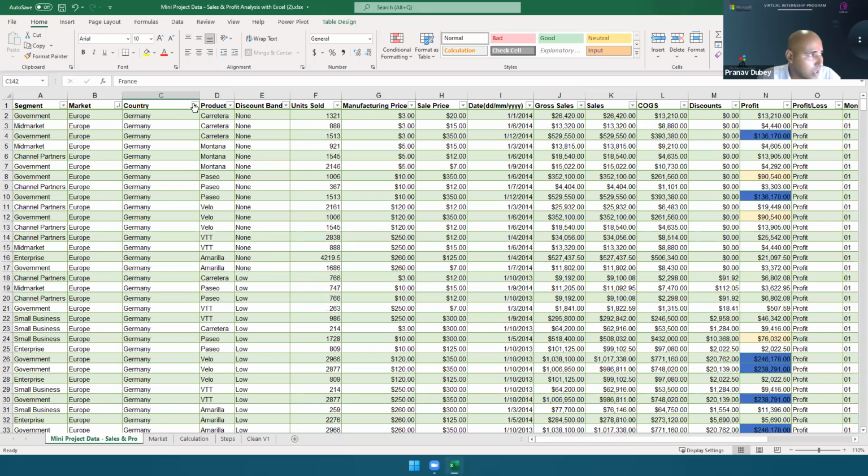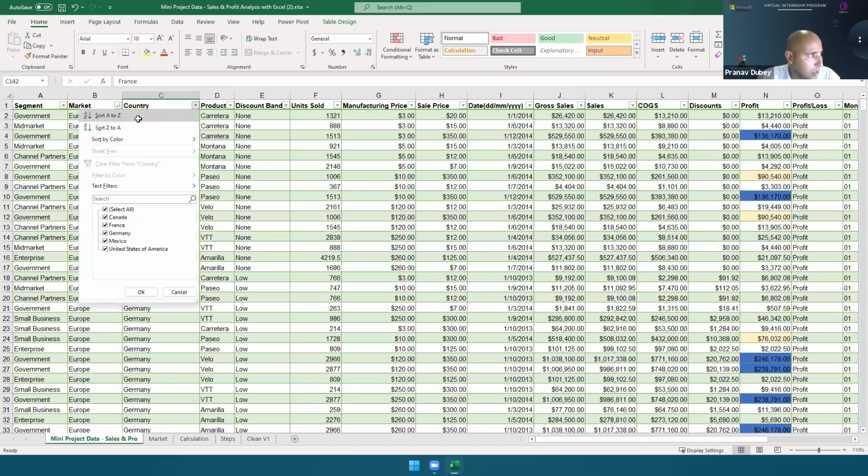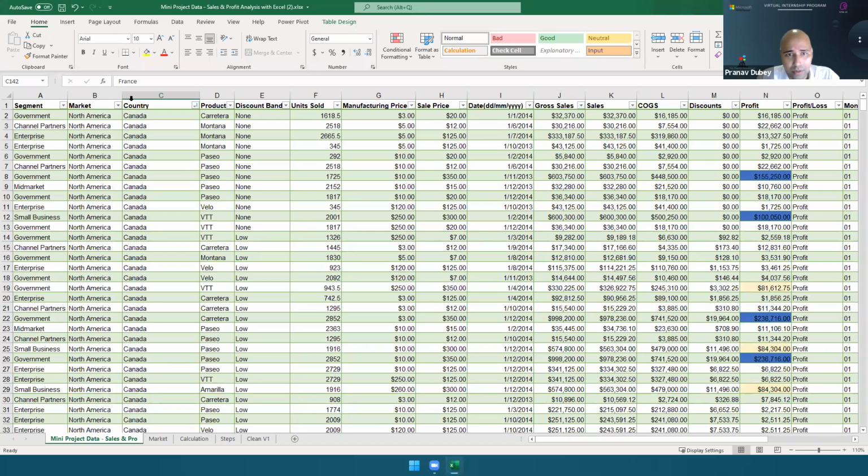If I sort countries A to Z, the icon has come here and the sorting from market has been removed. That means at one time, we can do only one level of sorting while working only on a table. So this is called a single sorting.